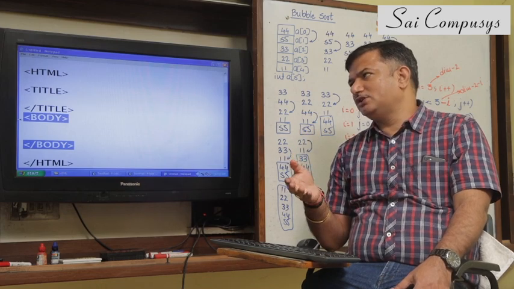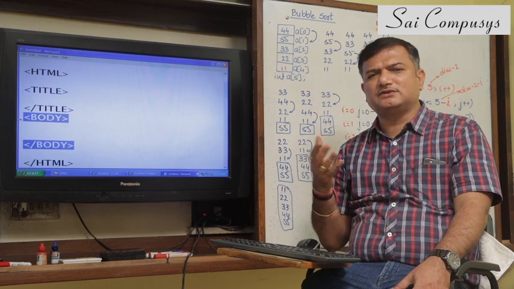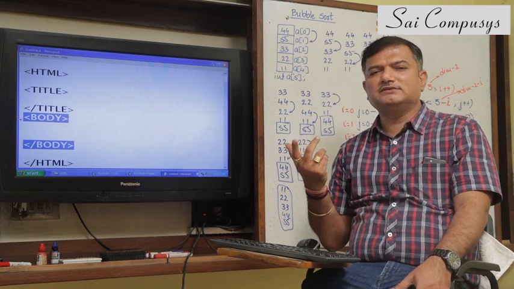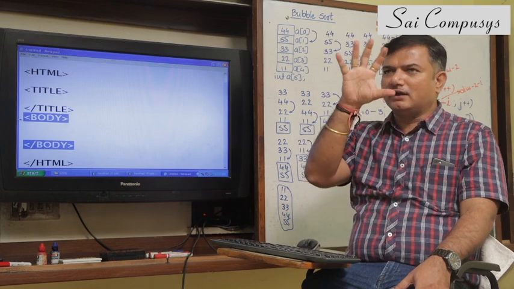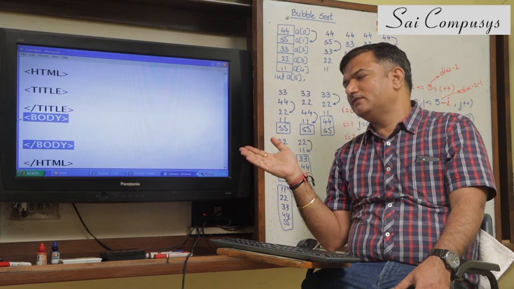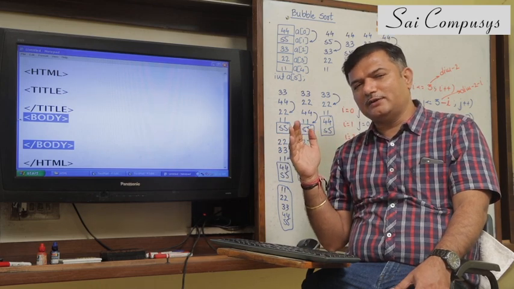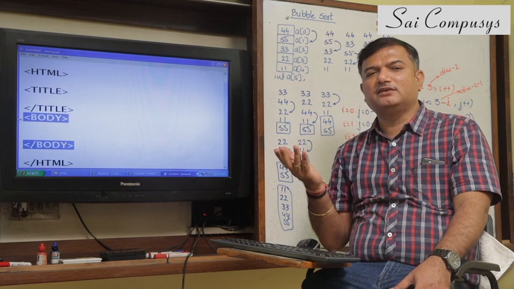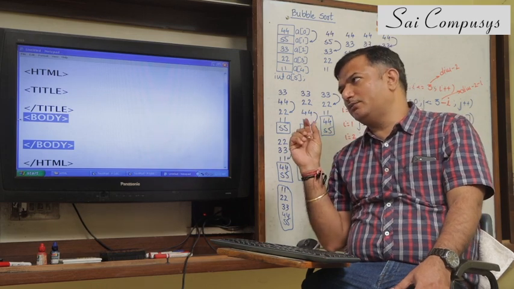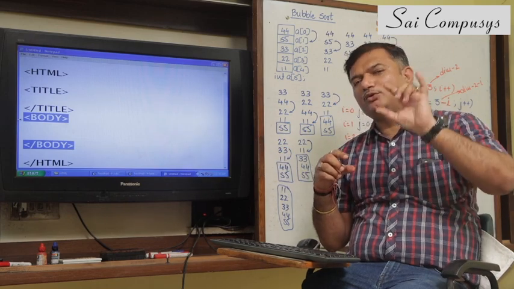Now apart from the HTML tag, title tag and the body tag, you should know a few tags for your general information. One of the tags is the heading tag. If you wish to specify the contents of your web page with a heading, there is a heading tag. When you put the heading tag, there are different types, H1, H2, H3, H4. Depending upon whether you are using H1 or H2 or H3, the heading will be appropriately displayed.